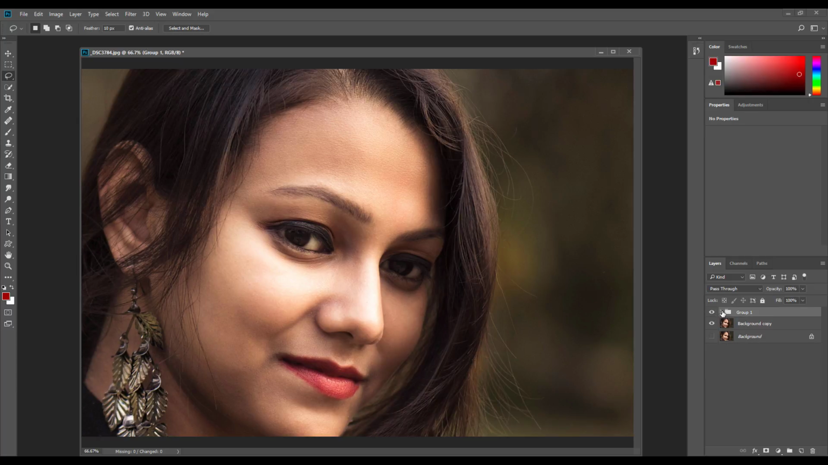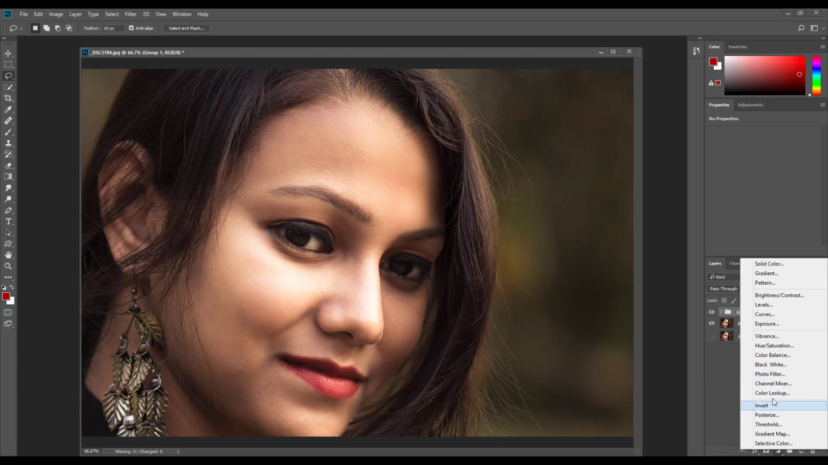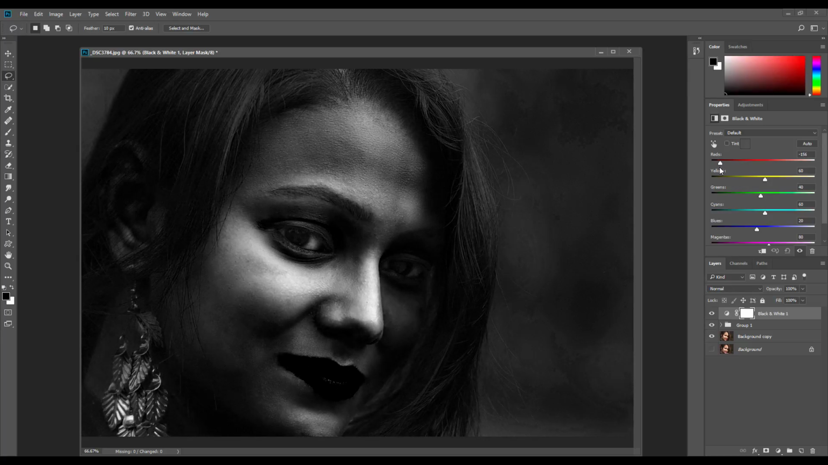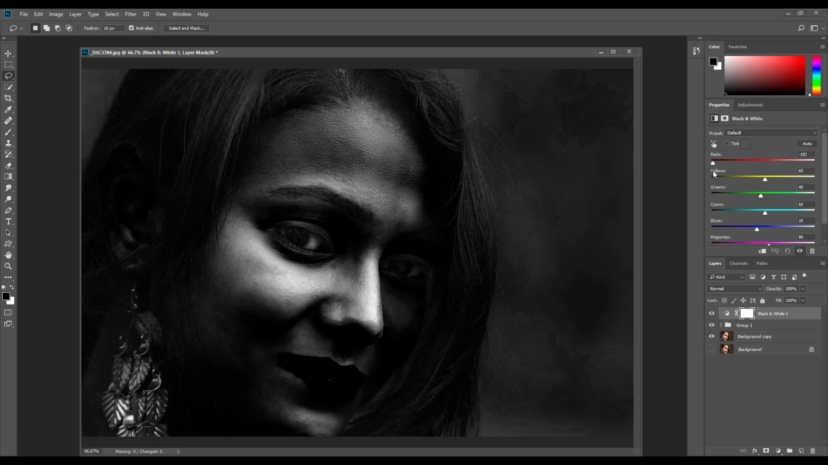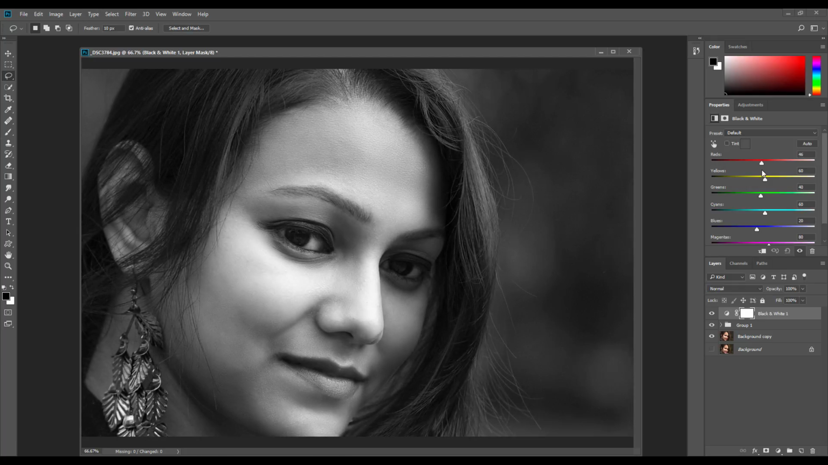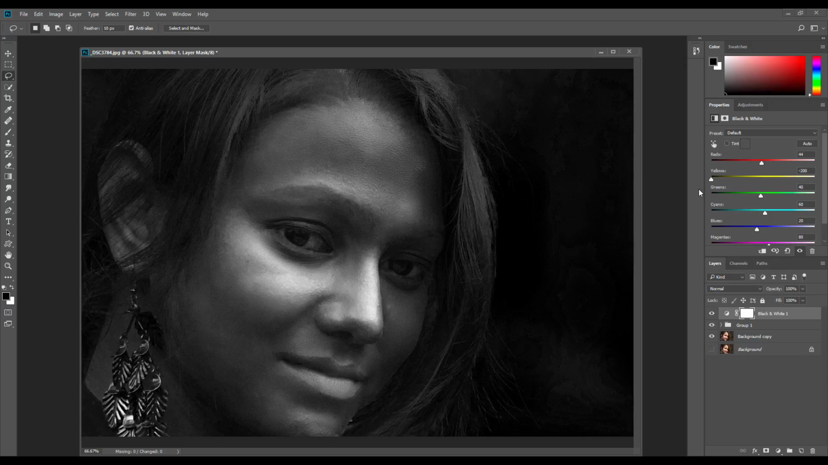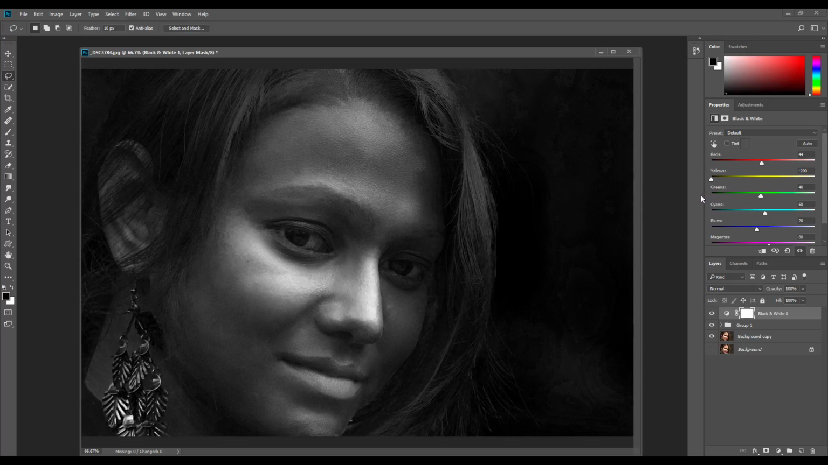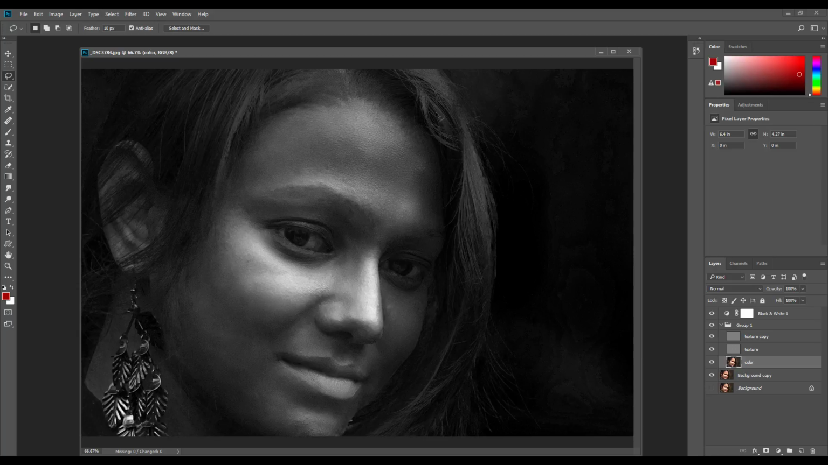Now we will find some more problems in her skin. Go to black and white, and then bring the red and yellow sliders way down, so you can find the part of her face which is glossy. Look at that. You can also change the yellow, you can see. Okay, look at this part. I need to blur this part, show the color, and then